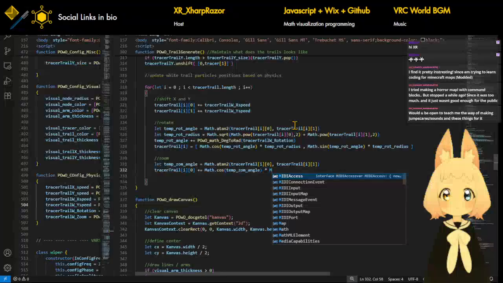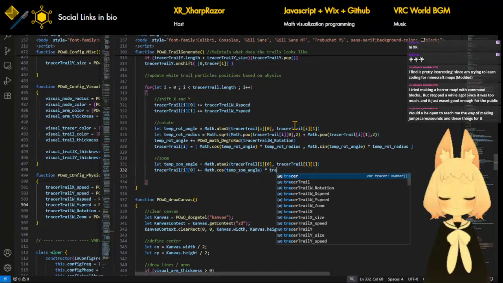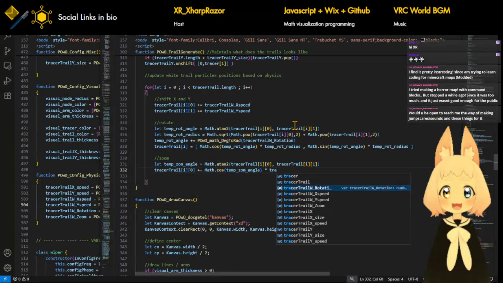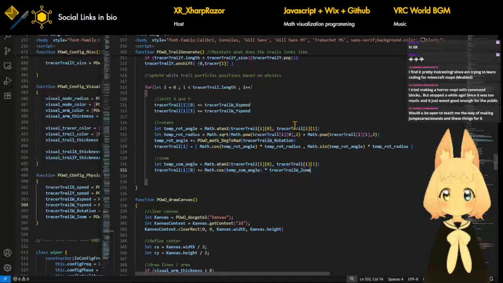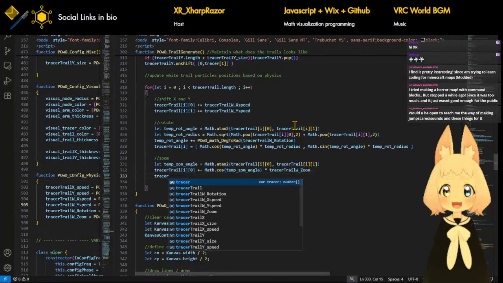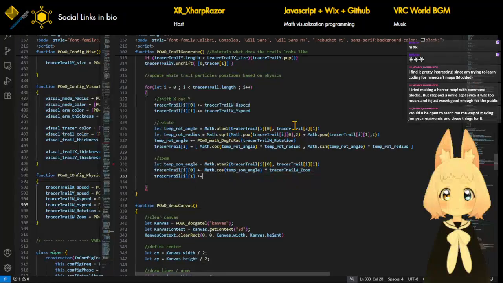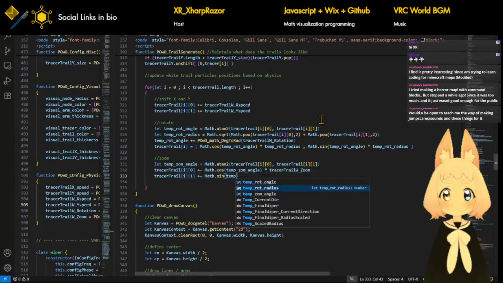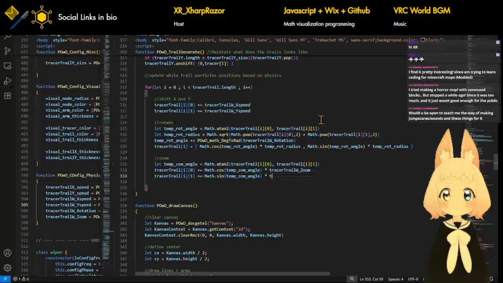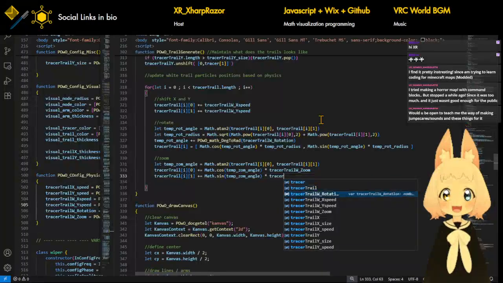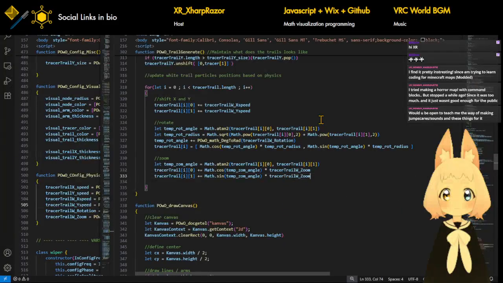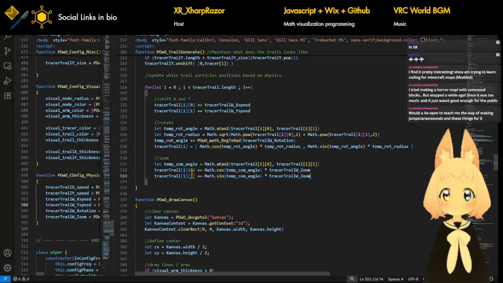So tracer trail W zoom, and then the same goes with i 1. Now there is a possibility that this might be one of the shorter streams for today, but we'll see. Tracer trail W zoom. Alright, once we have that, I think